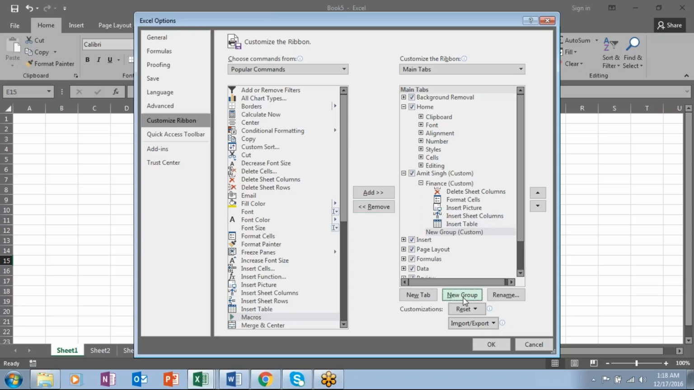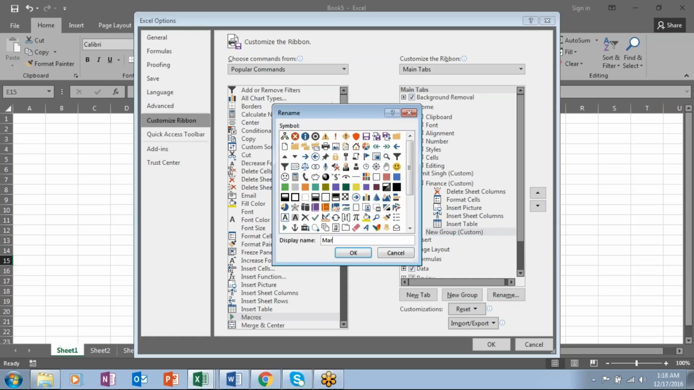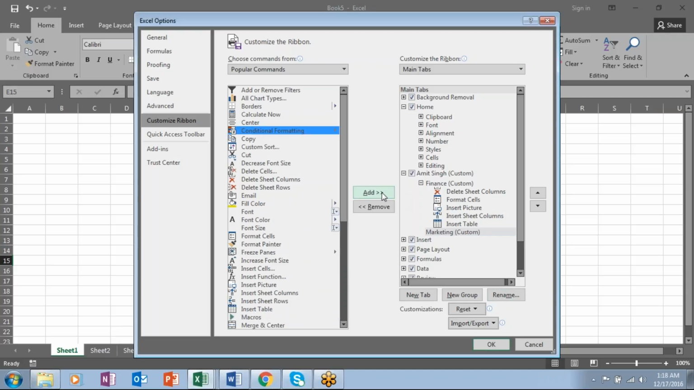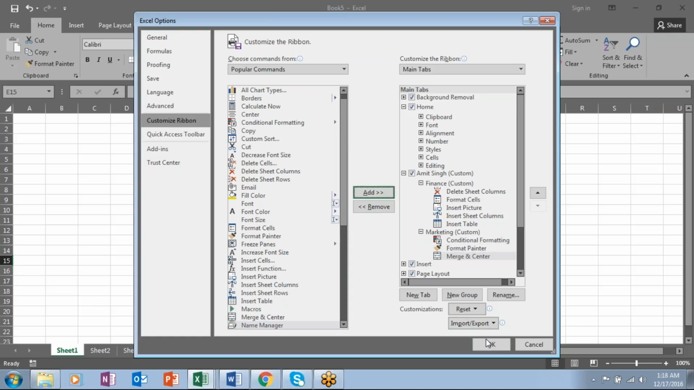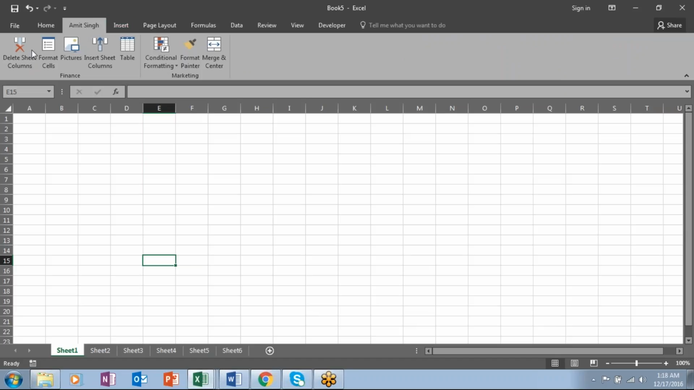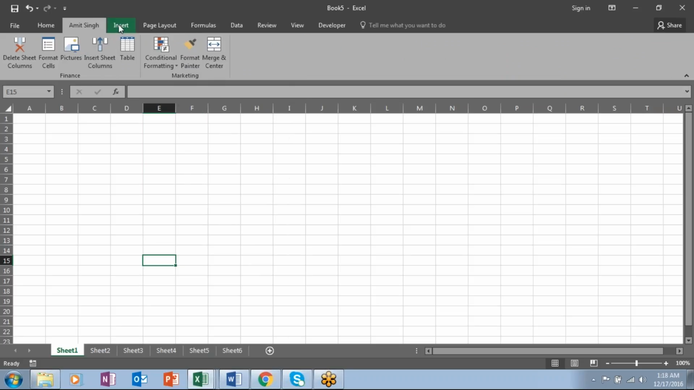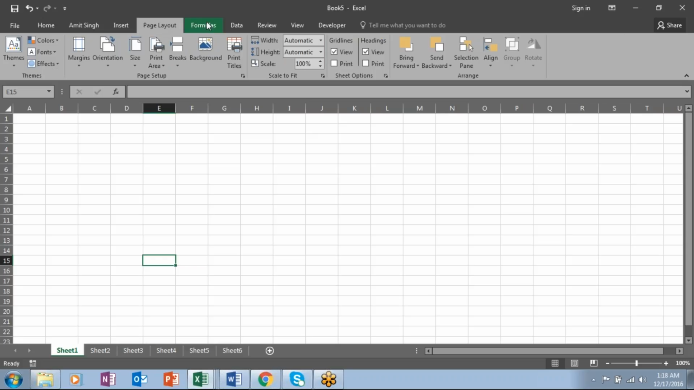Now, as a new group, I can create one more group and rename this as marketing. Here I want conditional formatting, format painter, and some merge and centers. You can put all these things in, press OK. Now you can see a new tab called Amit Singh, where all those things I had put came. Now when I'm working on Excel tomorrow, I do not have to search